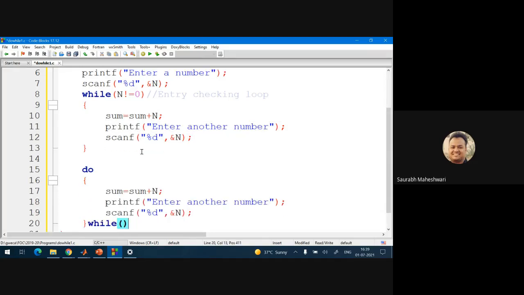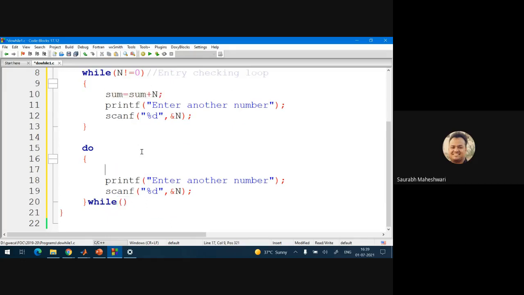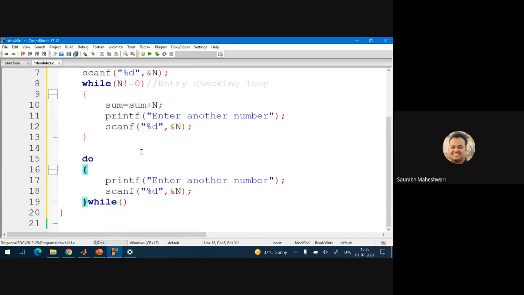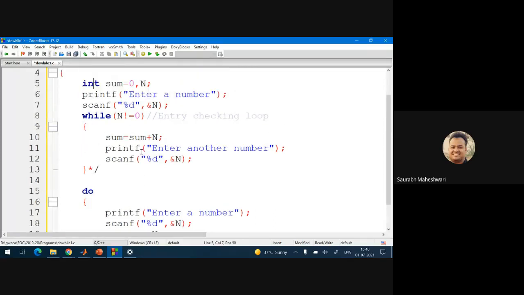So for this particular example it would be like this: enter a number. Let me comment this. I initialize sum equal to 0 and declare a variable n.